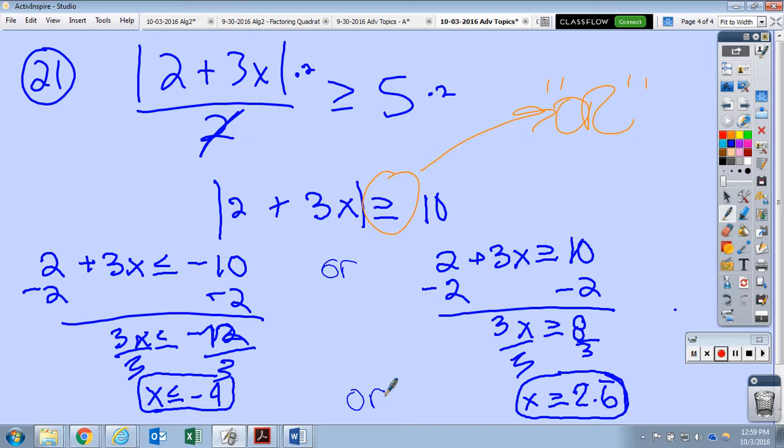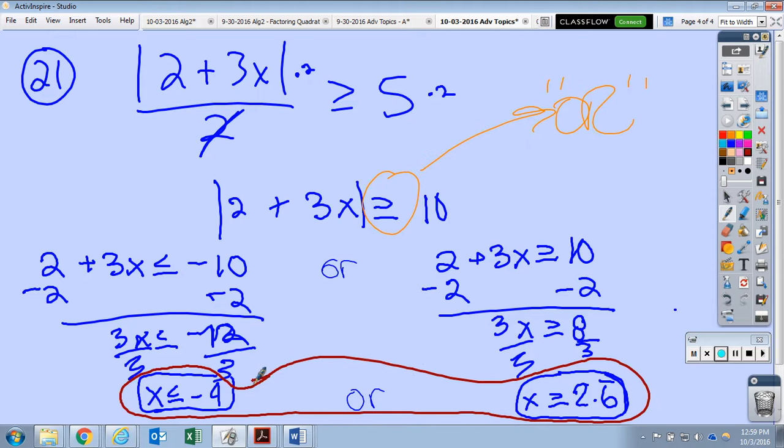Okay? And if it's the other way, and happens when you have your absolute value less than or less than or equal to. So we're here. That would be your solutions, this or that. And then to graph this,